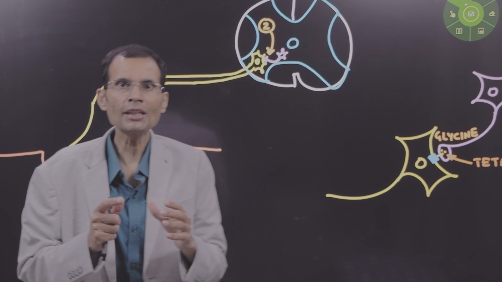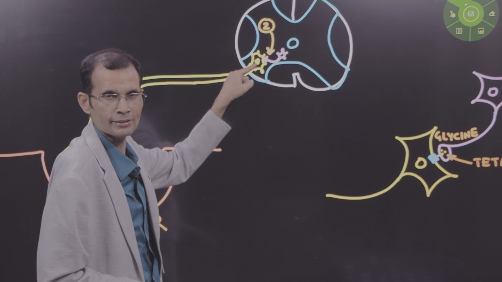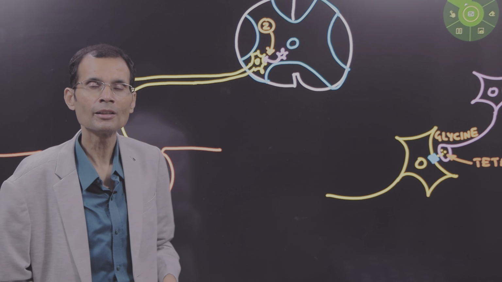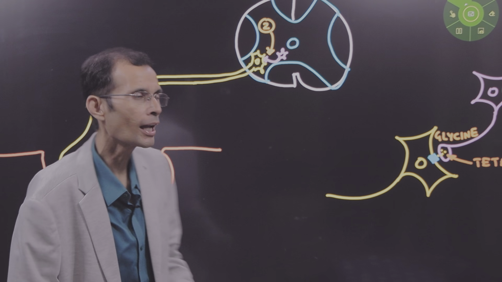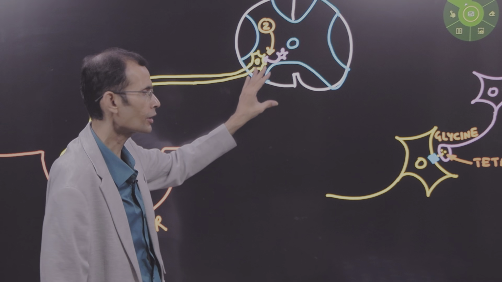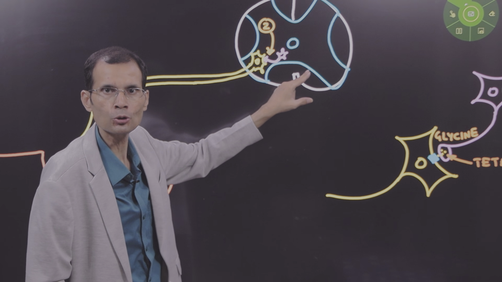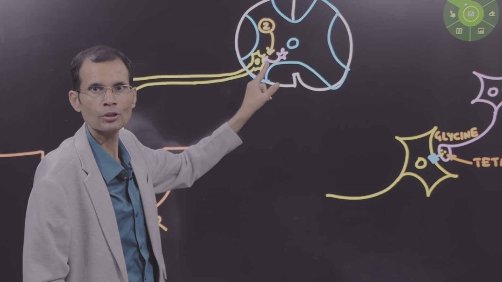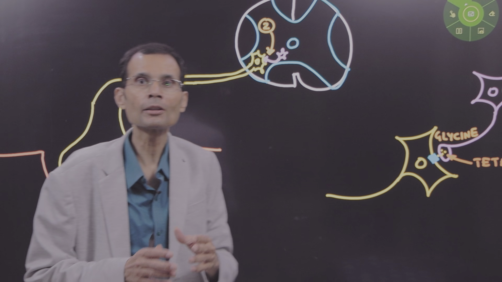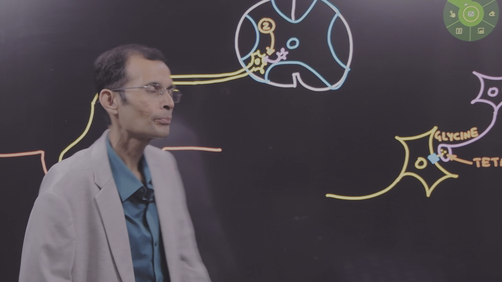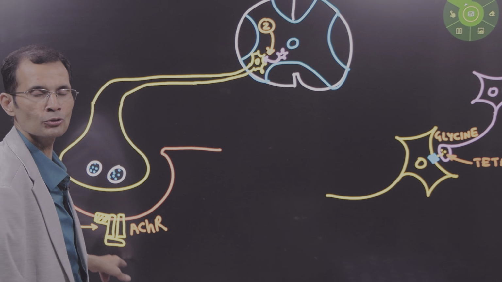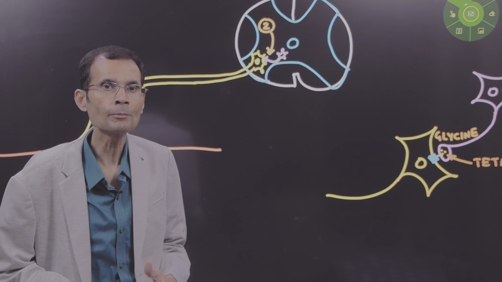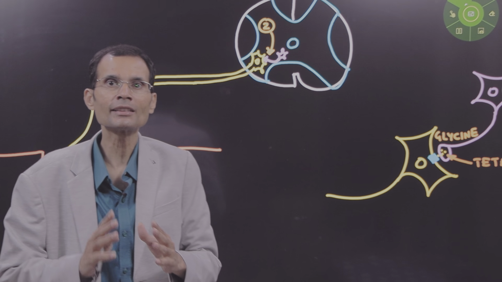So strychnine poison acts like this. It binds with the glycine receptor on the postsynaptic membrane, and that is how it does not allow the glycine action to occur. It means this inhibitory interneuron will not be able to exert its effects on the alpha motor neuron, the anterior motor neuron. So the anterior motor neuron will fire excessively, and it will result in the excessive muscle contraction and spastic paralysis of the muscles. So that's the action of strychnine. Strychnine is the antagonist of glycine.